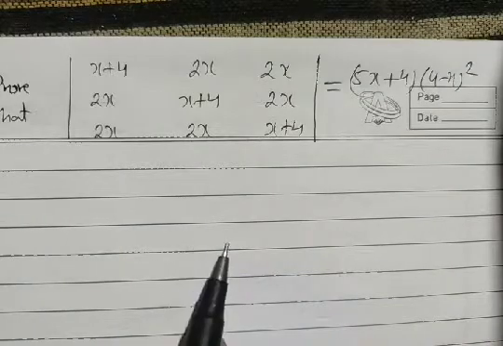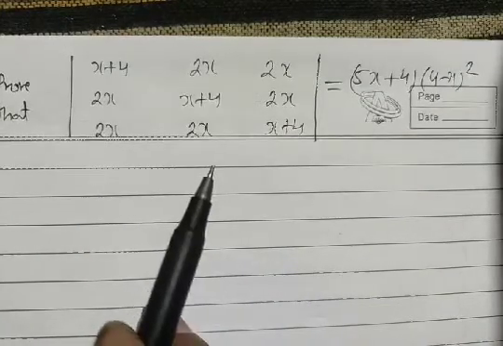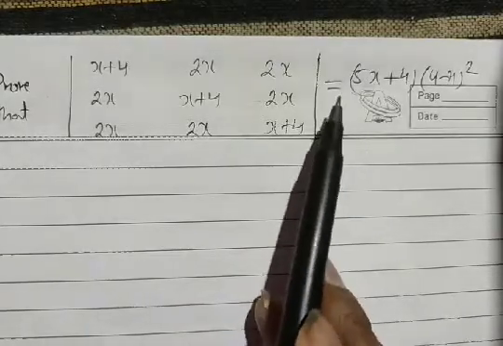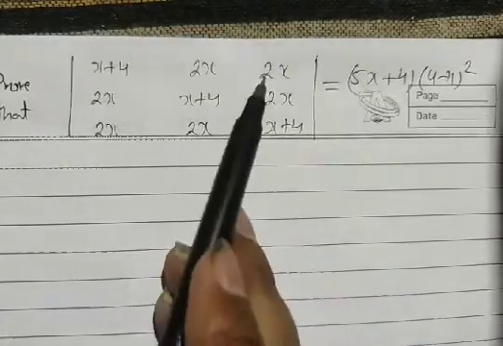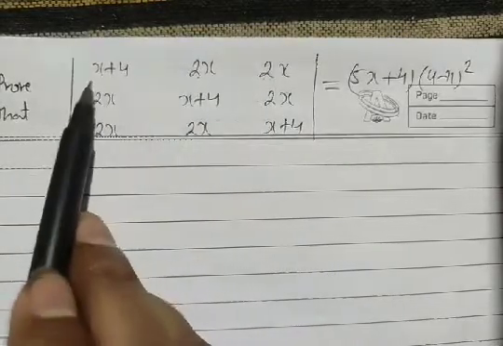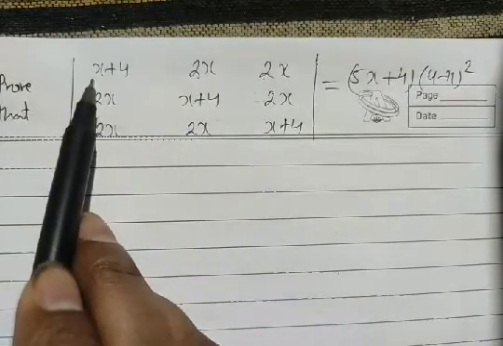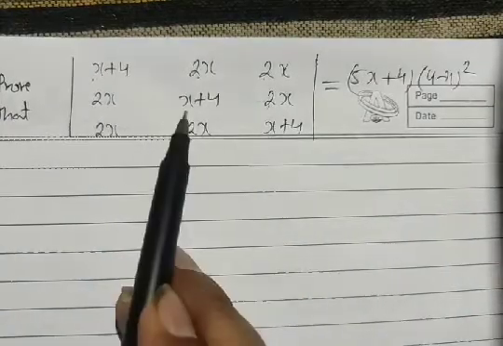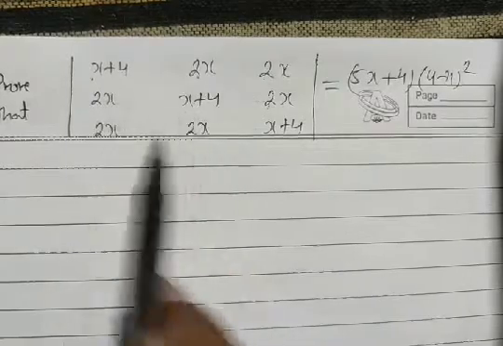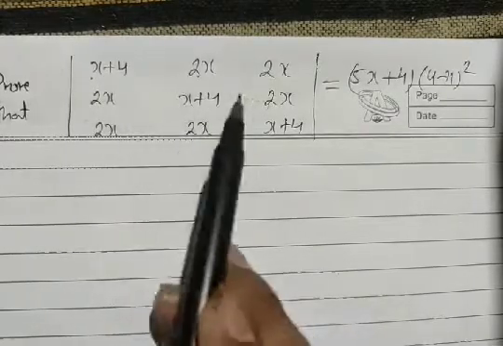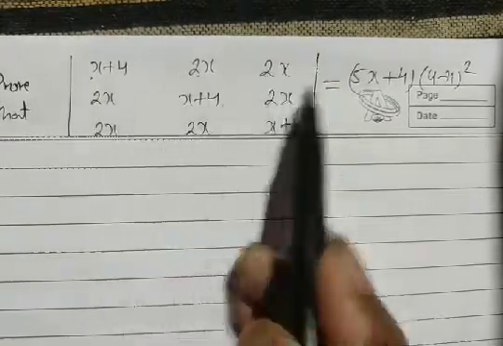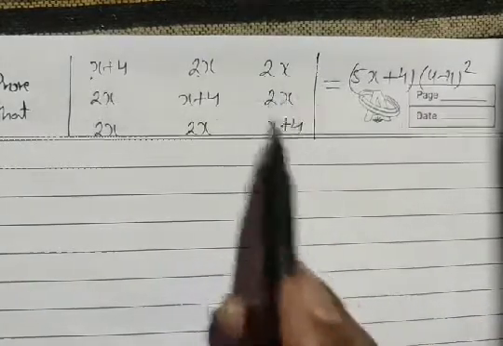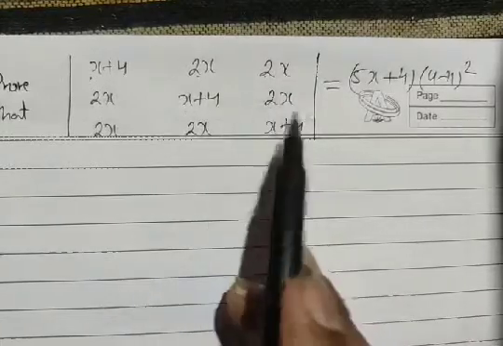Again, whenever we are going to prove something, as I have already discussed, we first look at what we need. We need here 5x plus 4. What do we see here? 2x, 2x, 4x plus x makes 5x plus 4. Just look here, 2x plus x is 3x, plus 2x is 5x, plus 4. So when we add all columns, we get 5x plus 4 and we can take it out. Then our first step is to change any column by adding all the 3 columns.